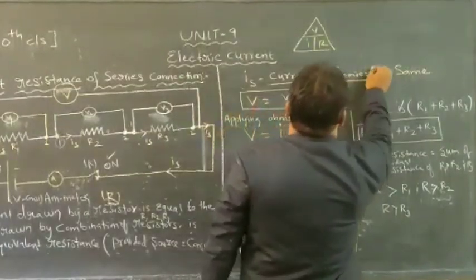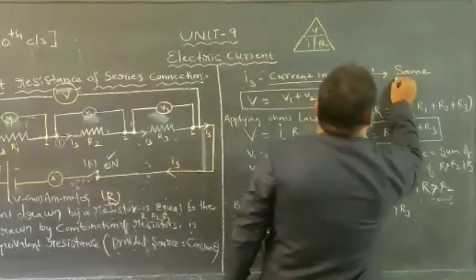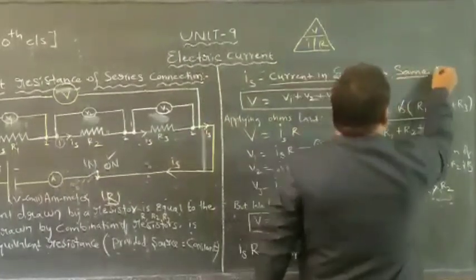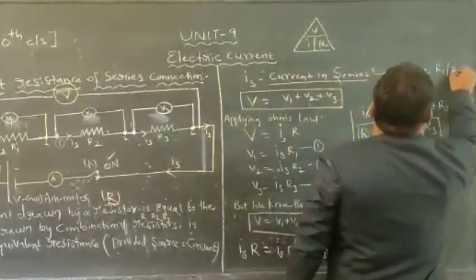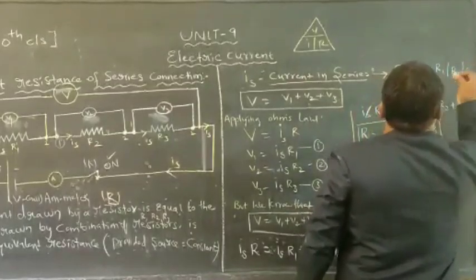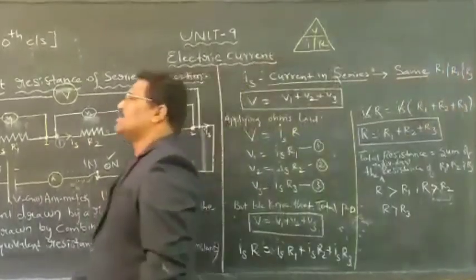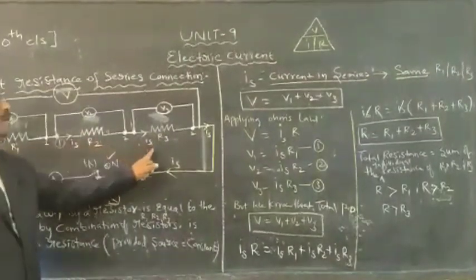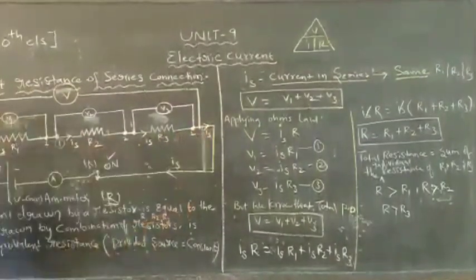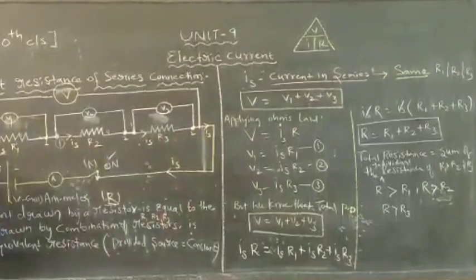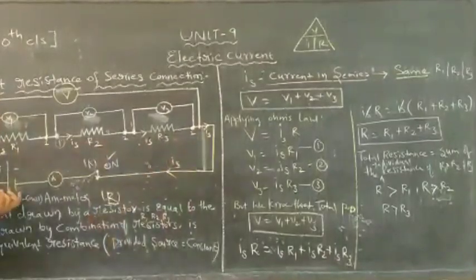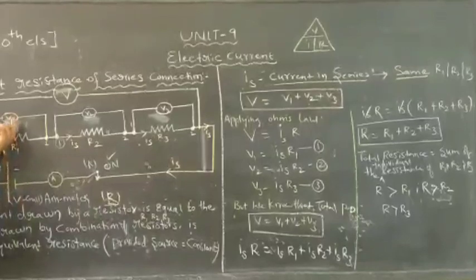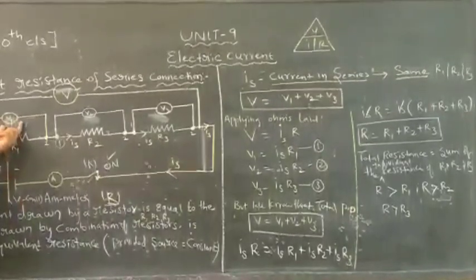In a series connection, the current in series will remain the same. The same amount of current will flow through the R1 resistance wire, the R2 resistance wire, as well as the R3 resistance wire. That's the reason I have taken the series current IS. But the same amount of current is flowing, while the total potential difference is divided into some of the blocks, depending upon the resistance wire capability, and voltage is produced.